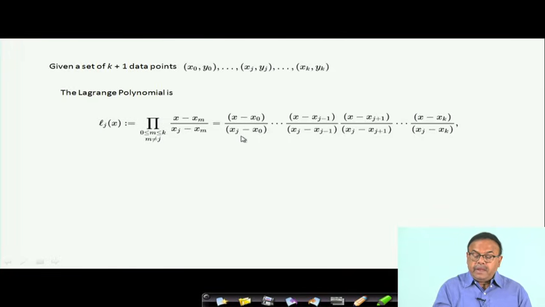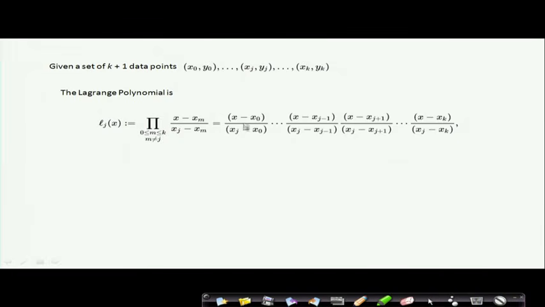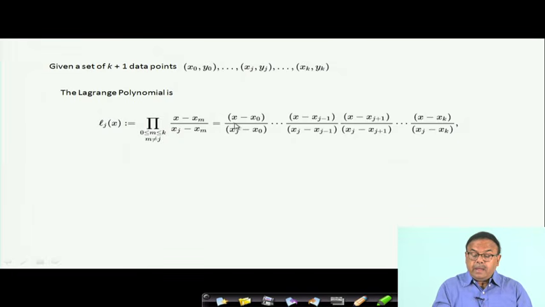So, you see, for L 1 x it will be x minus x 0 by x 1 minus x 0, like that it will go on, all right. So, this is the Lagrange polynomial. So, using this polynomial,